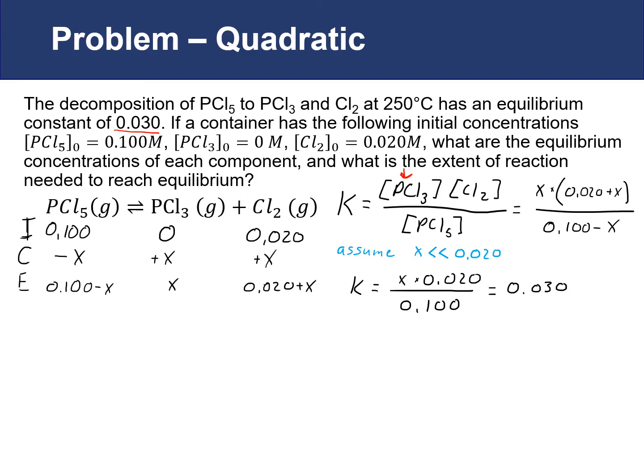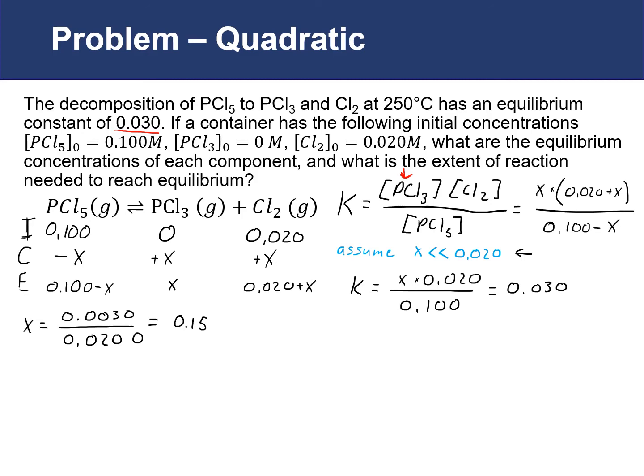If we move everything to the other side, we get our x is equal, multiplying the 0.030 by 0.1 gives us 0.0030. If we divide that by 0.0200, we end up with 0.15. Now, a quick comparison of this value to our assumption will quickly tell us that this is not a